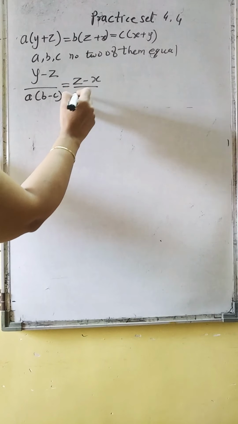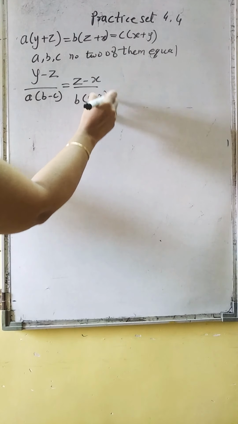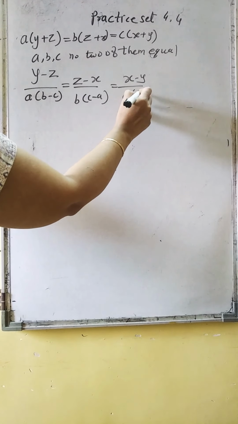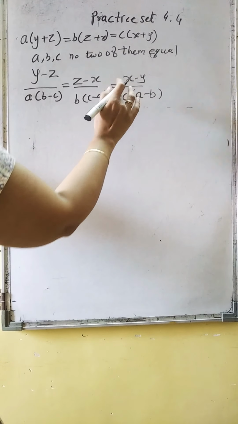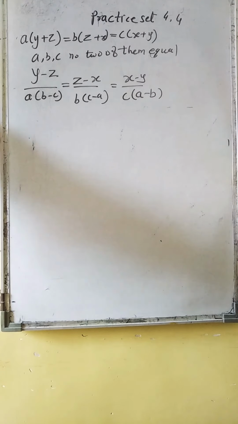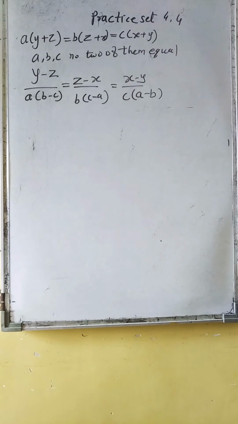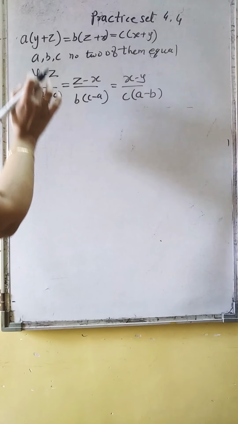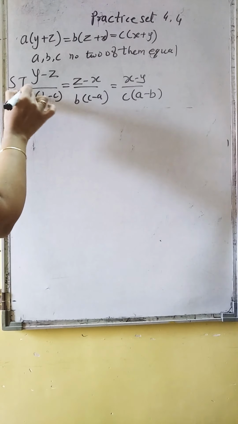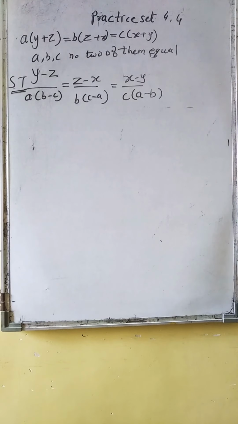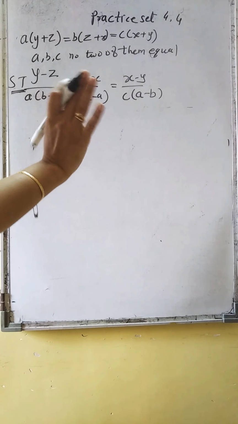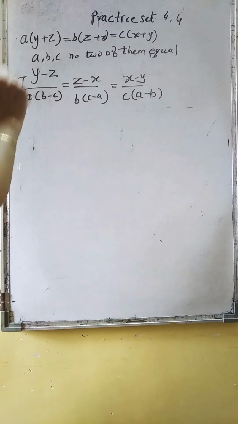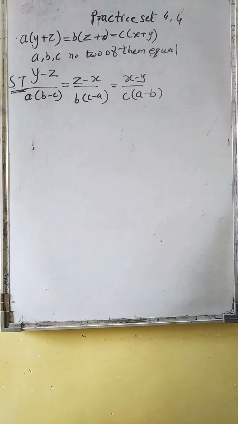According to the question we will manipulate what we want. For this question my board will be very small, and still I am writing the question because we have to analyze it. Okay? So we have to prove this. We have this given, and this you have to prove. You have to show this. Okay, this is not given. That you have to prove. Given is this.